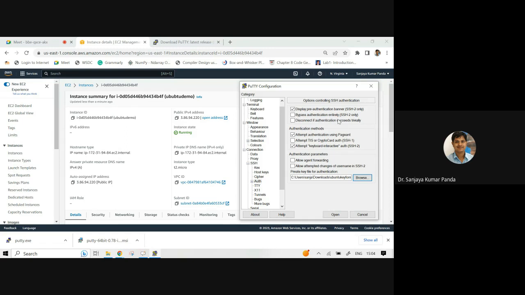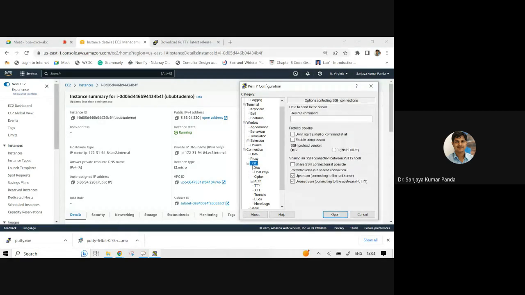How many of you installed PuTTY? Yes, in the chat box. Okay, Saurabh is done. Okay, AWS site is slow. Okay, no issue. Otherwise you note down the steps. Okay. So what I did